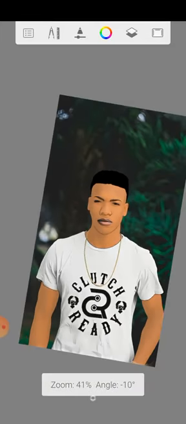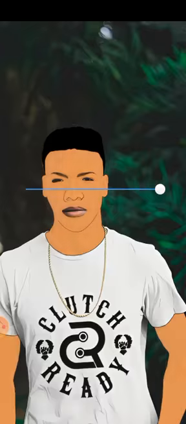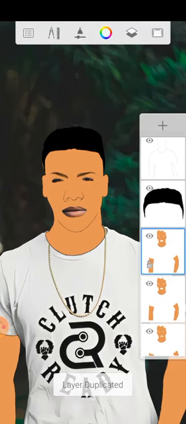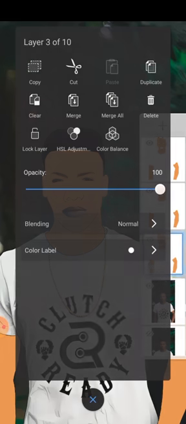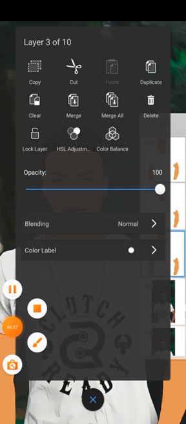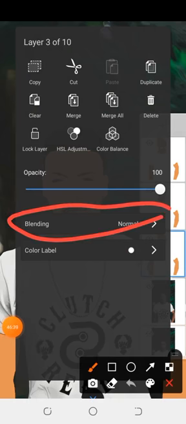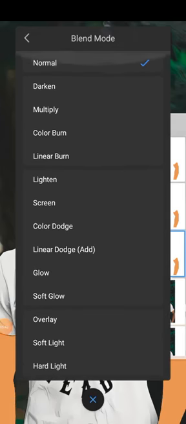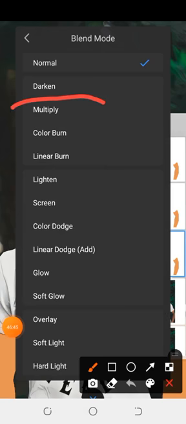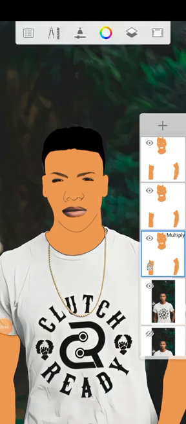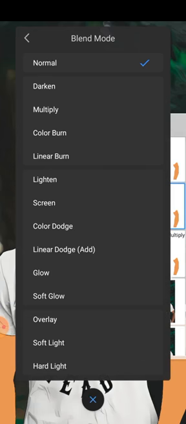Okay, with that you are done. So the next thing is click on it, duplicate. Then this last layer, click on it, the blending mode here, click on it, then click multiply, as you can see. Then the second layer, click on